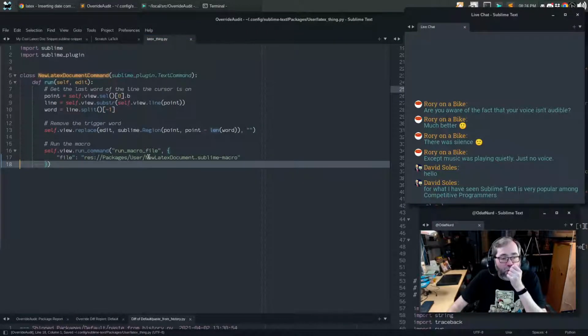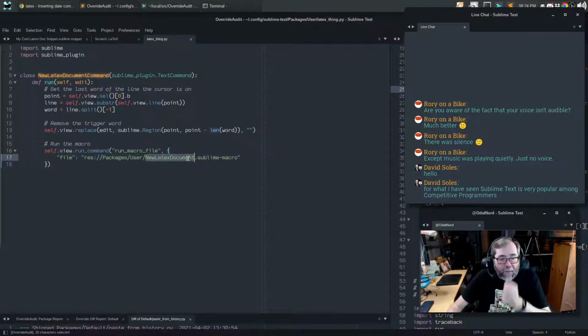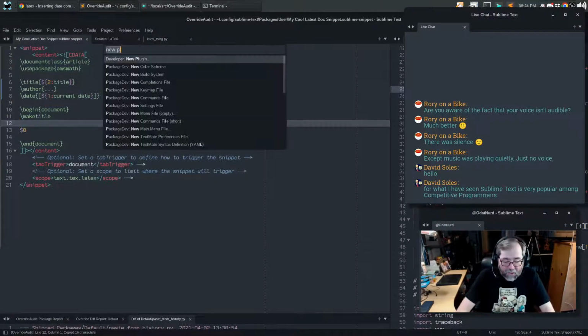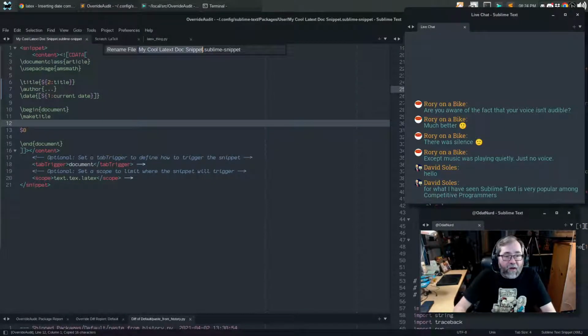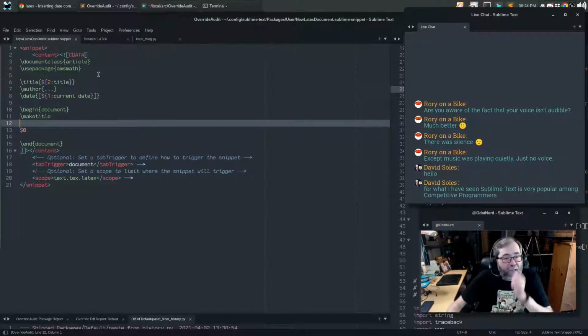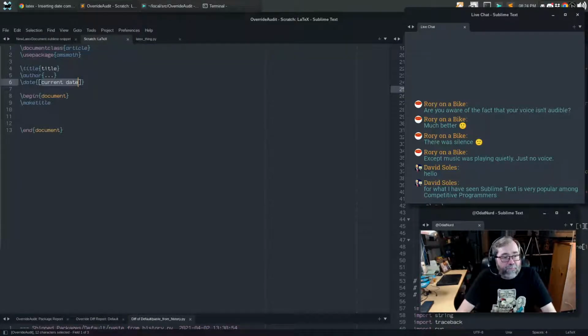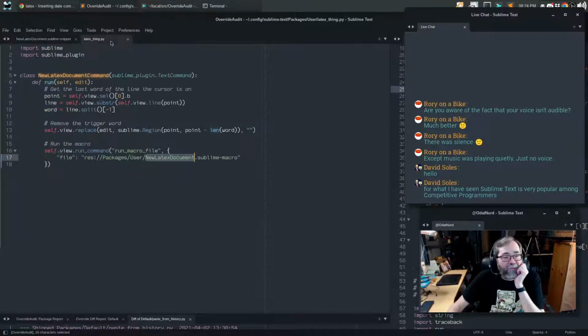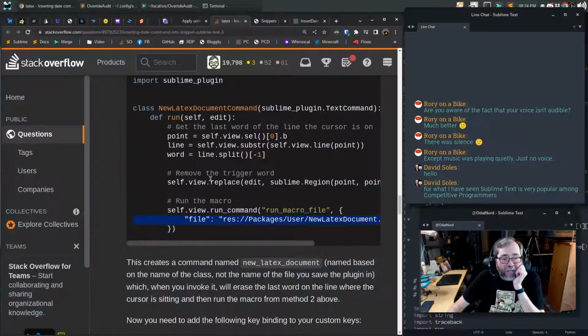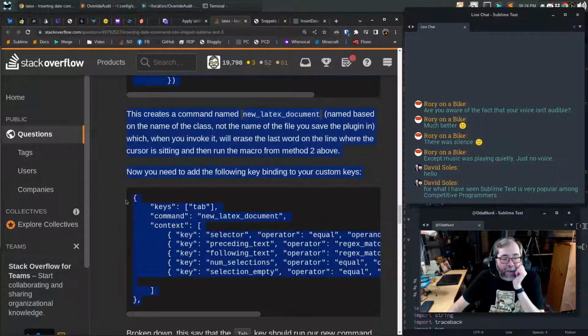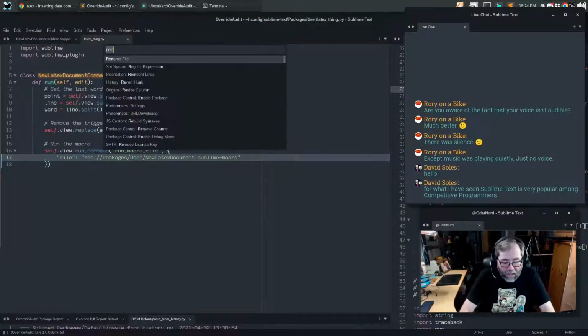For this to work, this file needs to be named this. So we'll just rename this file to that instead. No harm, no foul on that. Everything will still work the way it's supposed to. Now, we have this new command named new latex document that will invoke as a part of that. The next part of this that we need is a key binding. So let's copy just the part we need and say